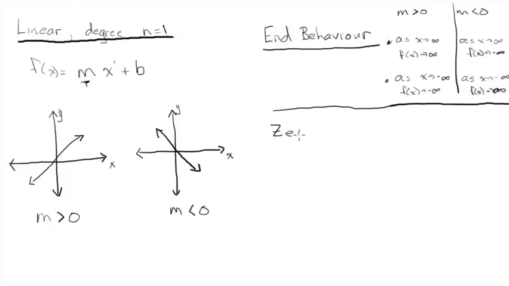Zeros. So zeros is just another word for, well, if we're thinking about the graph, we'll think about this as x-intercepts. Zeros is usually what we're talking about when we're talking about the function. A zero is when does f(x) equal 0? So for which values of x? Now in a linear function, notice both these examples, there's one x-intercept. There's one value where f(x) would be 0. And that's always going to happen. So there is 1